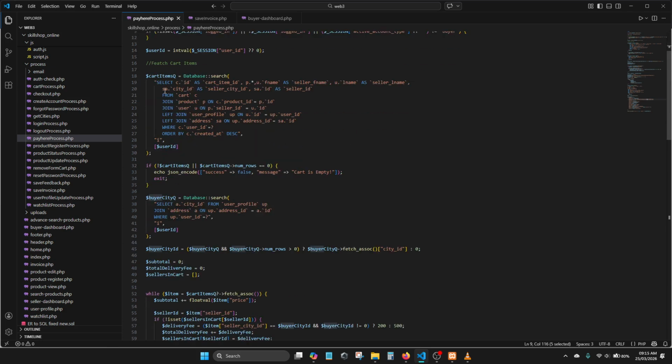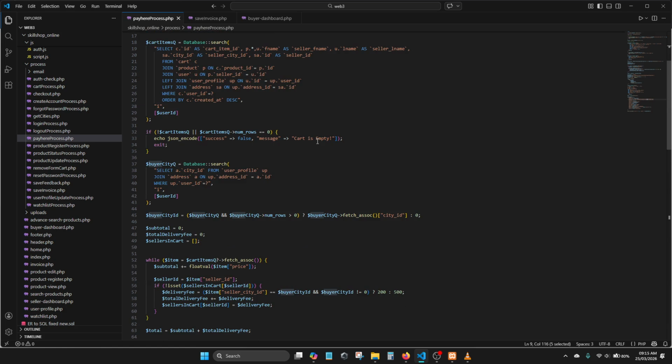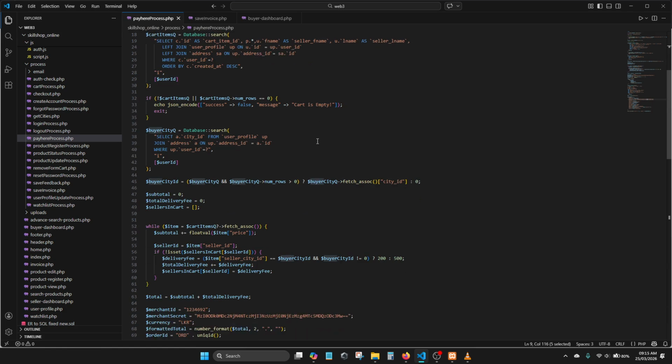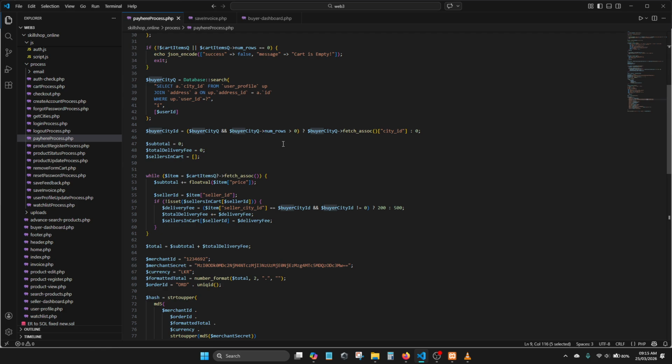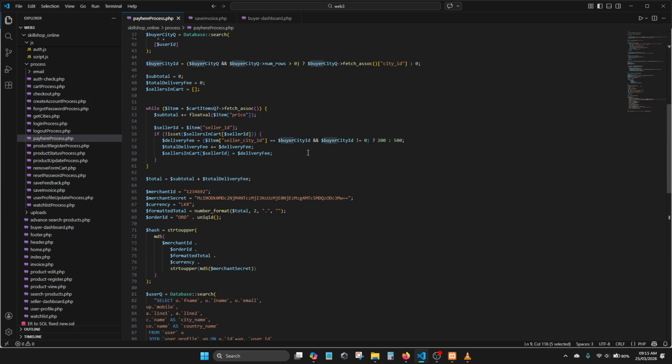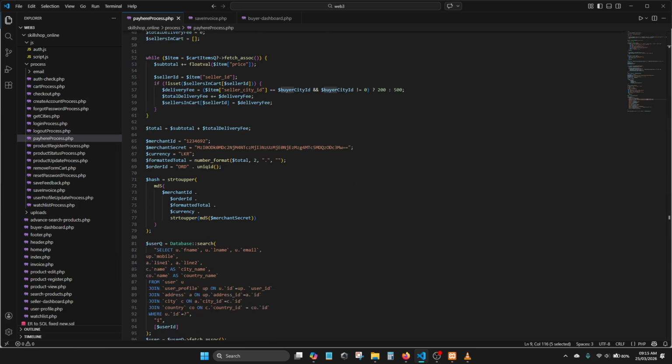Then we fetch the relevant items that we need: the cart item ID, the username of the seller. Then we get the city of the seller. Then we get the product ID. Then we get the user ID. We get all the relevant information. Then we do a comparison of the buyer city as shown previously in our cart page. We use the same calculation. Then we calculate our subtotal and the delivery, get all that down, and then we come to our PayHere payment